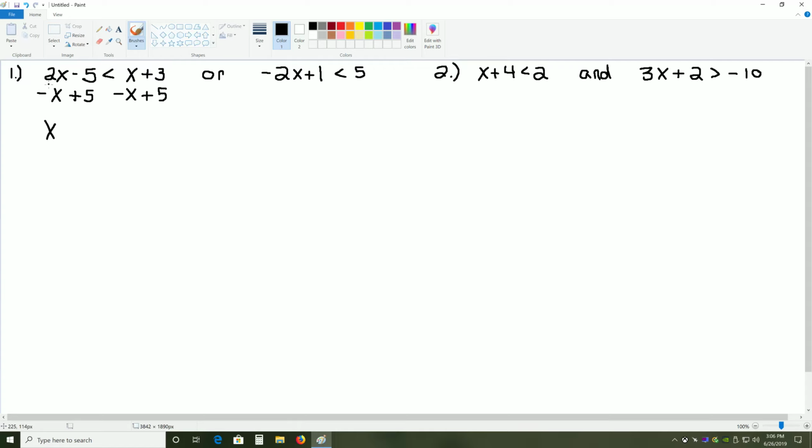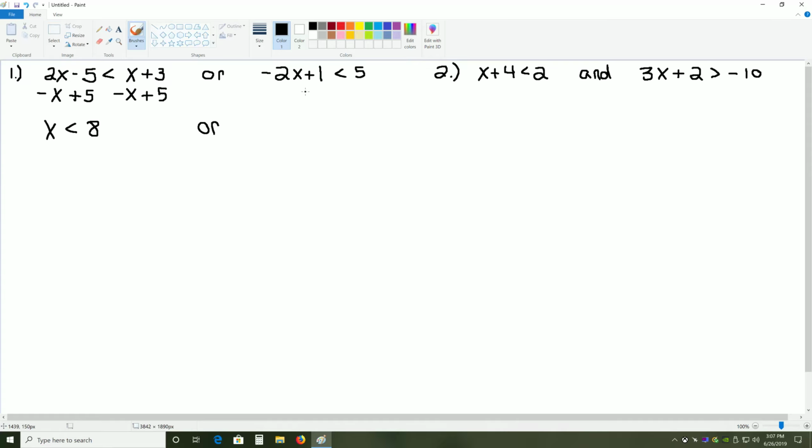So this leaves us with 2x minus x is just x, and negative 5 plus 5 is 0, which is less than x minus x is just 0, and 3 plus 5 is 8. So x is less than 8, or,